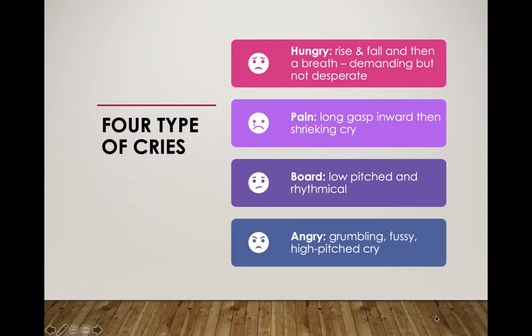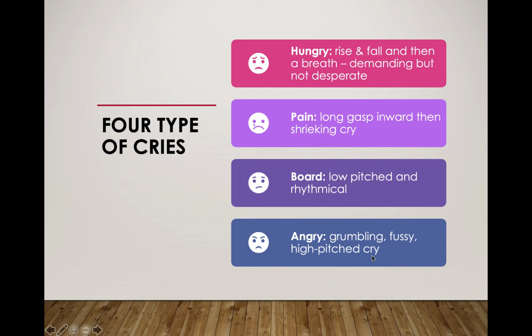The 4 types of cries that we talked about before. There's the hungry, and I would just write rise and fall. All right, it's a rise and fall, and then they take a breath. It's demanding but not desperate. Then there's that pain cry, which is that long inward, and then the shrieking. We talked about that. There's that bored, low rhythmical cry that they have, and then the angry cry, the grumbly,